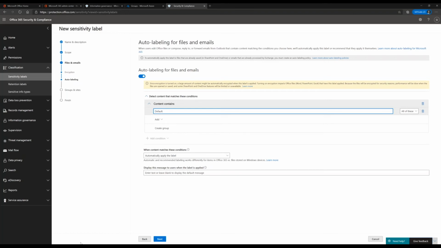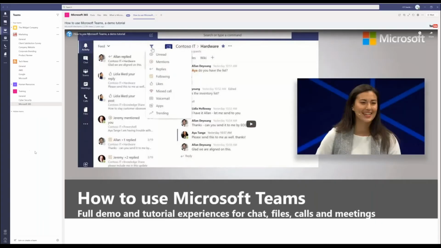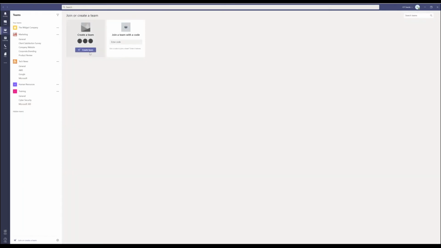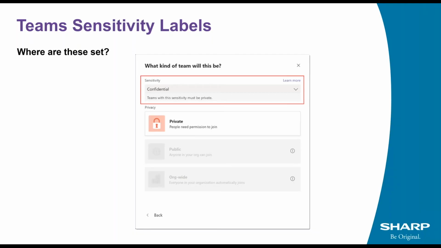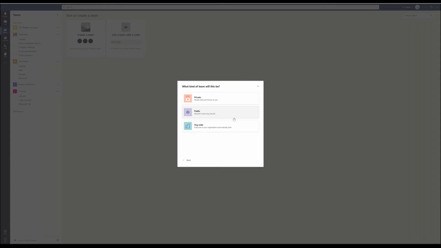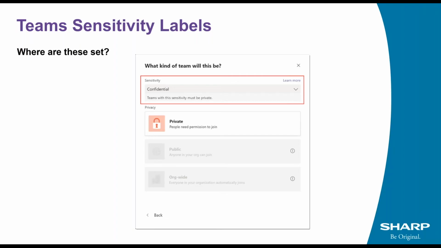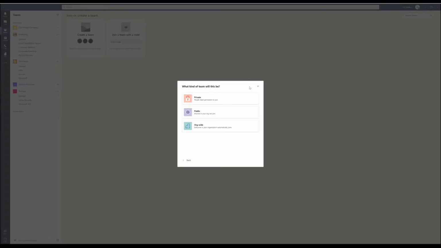So within Teams itself, we won't actually cover this, but for a creation of a new team, it's just down here. We click Create Team, and as you can see here, we can create one from scratch. Now, the reason why I put that screenshot on is because the sensitivity labels within Microsoft Teams is being rolled out as we speak by Microsoft, and eventually that box will be up here. So I had to take a screenshot because it's not available in this test tenant thus far. So ultimately, once you create your labels, you'll be able to select them at this level.